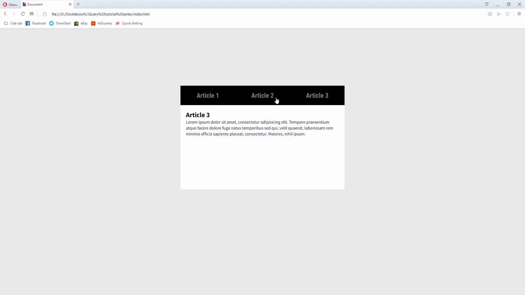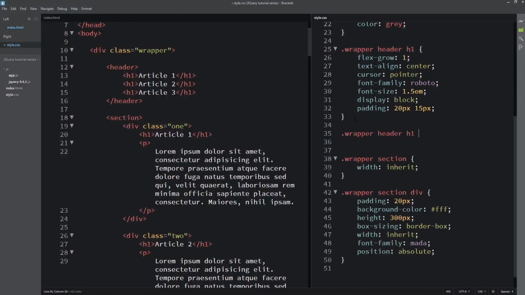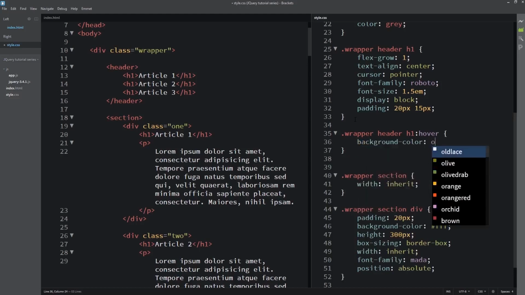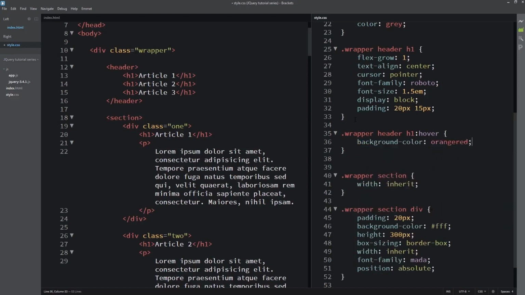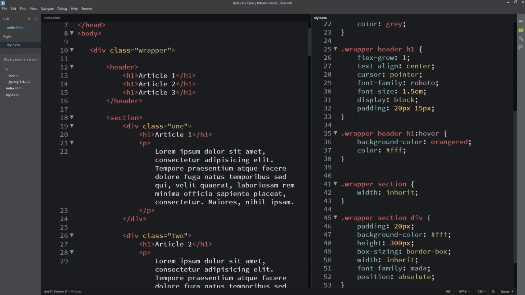So the next thing I want to do, I'll make sure when we hover on this element here, we change the color to white, then the background could be orange. So if we hover on this H1 now, I'll go to my code, then I'll target the H1 hover state. So when you hover on this H1, make the background color be orange red, then make the color itself now be white. You see them now.